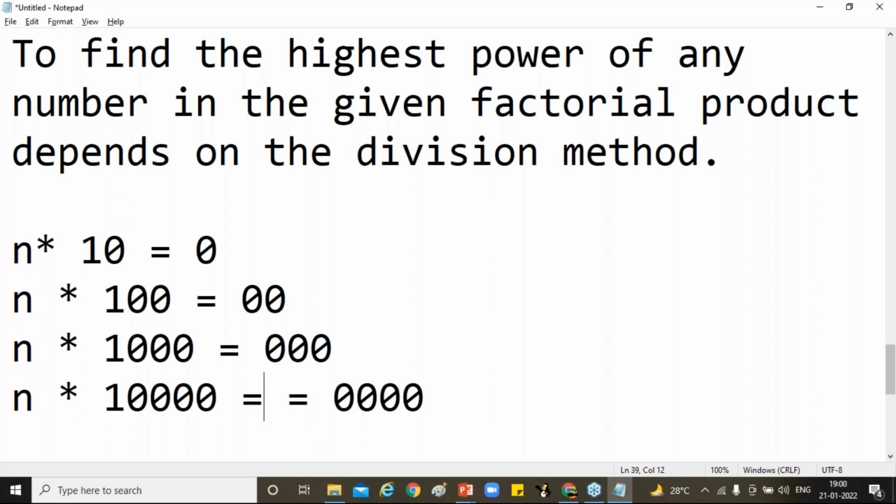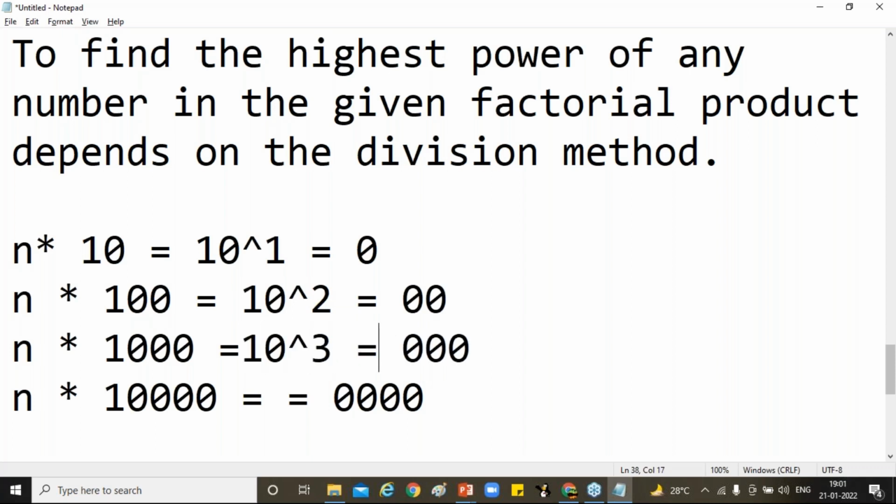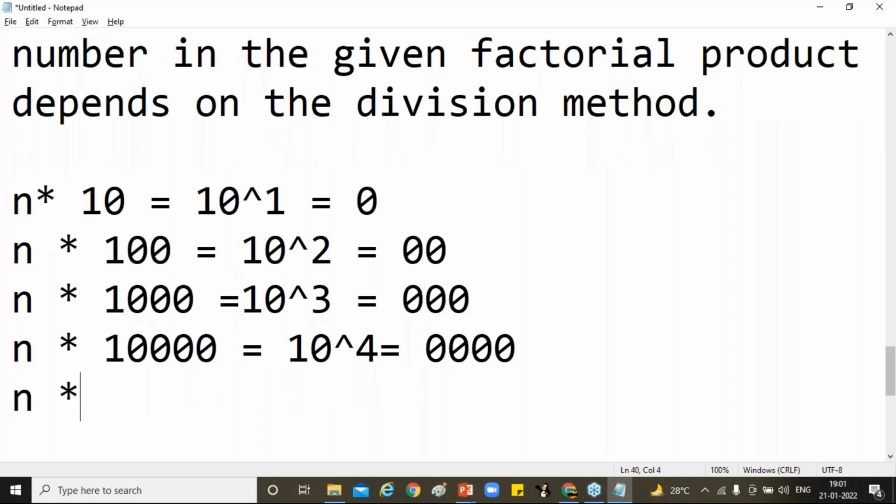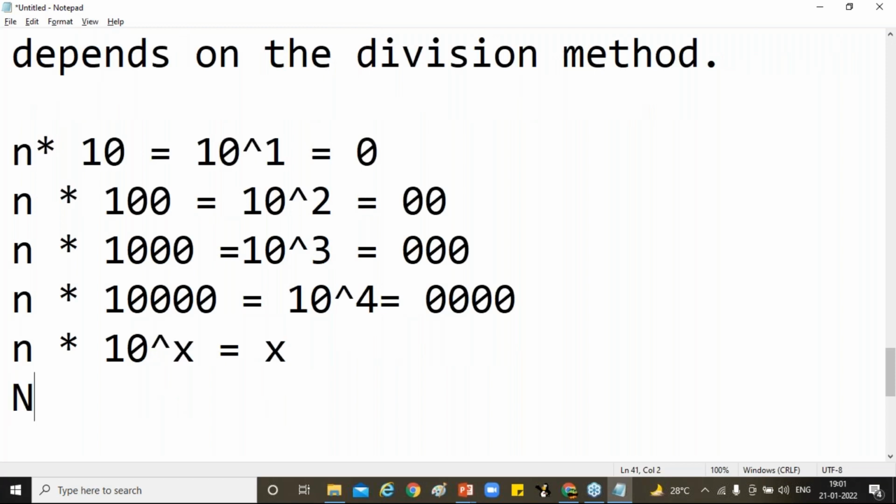What did you understand here? If you multiply a number with 10 power 1, the number of zeros is 1. If you multiply with 10 power 2, the number of zeros is 2. With 10 power 3, the number of zeros is 3. With 10 power 4, the number of zeros is 4. If you multiply with 10 power n, the number of zeros is n. So it means that the number of